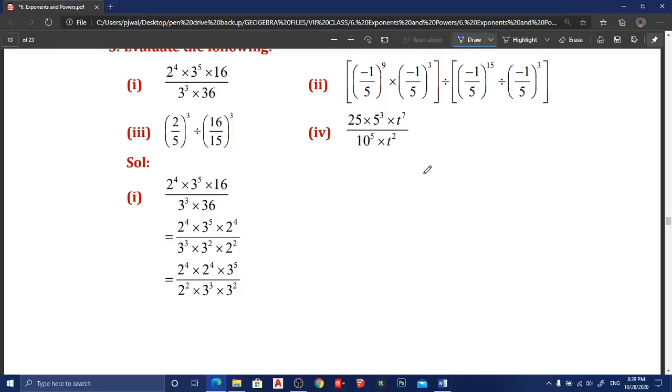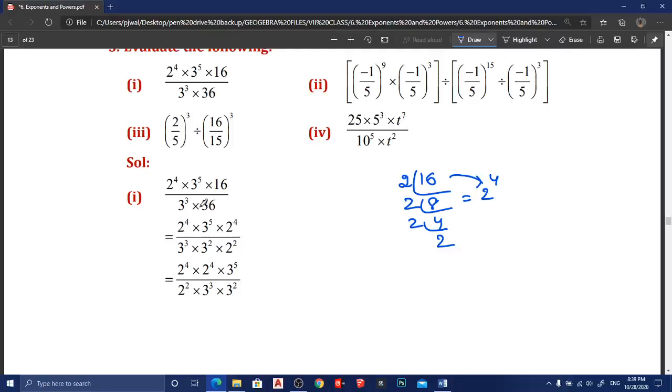Okay, so what is the prime factorization of 16 here? Prime factorization means you should start from 2 only, because what is the first prime number? 2. So 2 8s are 16, 2 4s are 8, 2 2s are 4. How many times you are multiplying here? 4 times. 2 you are multiplying 4 times, means 2 to the power of 4. What is the exponential form of 16 here? 2 to the power of 4. So in place of 16 you can write 2 to the power of 4. Okay, already 2 is there. We can use the formula for this 2.